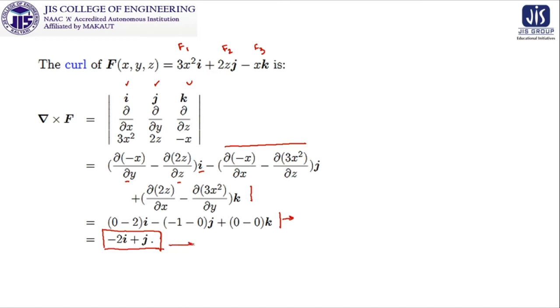So what is this? This is also a vector. So it is clear what we were talking about on the last page, that del cross f is going to be a vector field. After this specific calculation we got the result and the result is also a vector field. So it is establishing our claim.